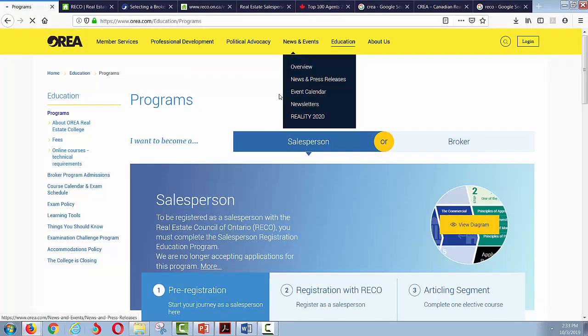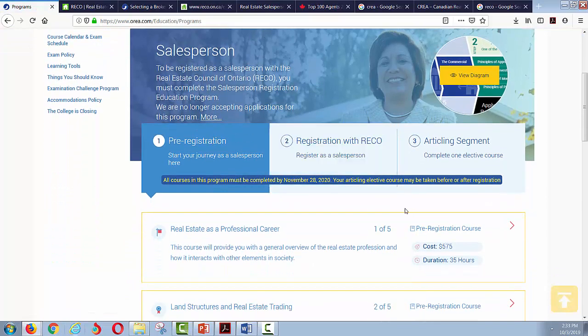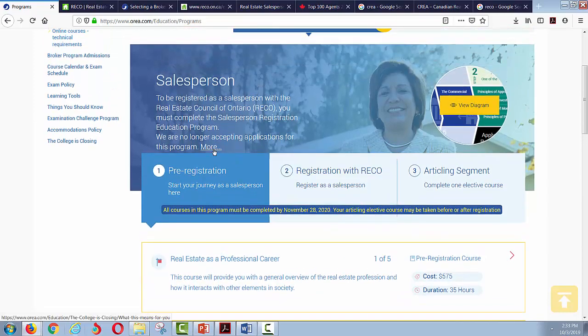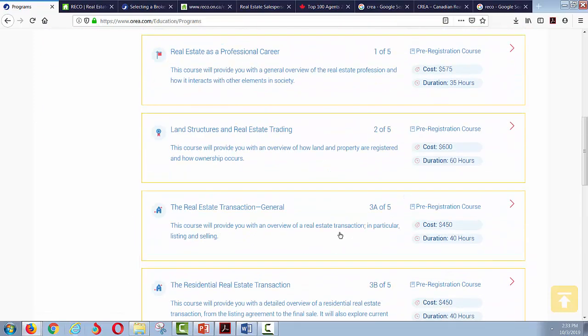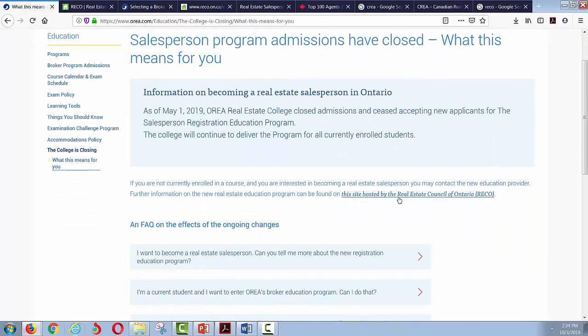So here, this is from the education tab on the AREA website. I'll let you take a look at that as well. This kind of breaks it down, makes it a little simpler, but it does explain here. It talks about the courses and how much they are. But if you haven't already started this, the AREA is just there to guide you through the process of how you'll be educated.